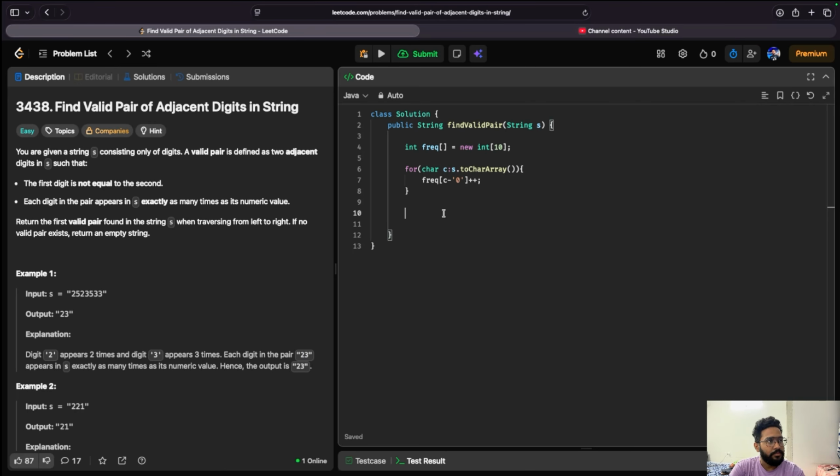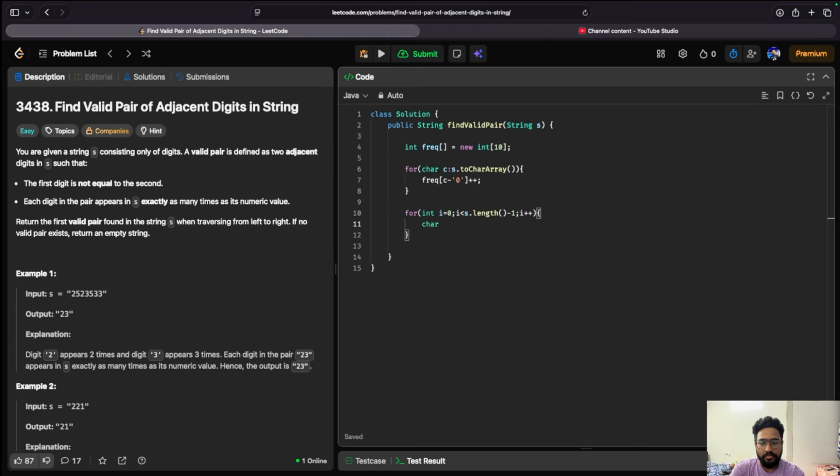Okay, so let's again open our for loop. I'll start from index 0 here, and index will go till s dot length. As we need to find the pair, I'll do -1 because we at least need 2 values at last, otherwise it will go array out of bound index. So here we will store